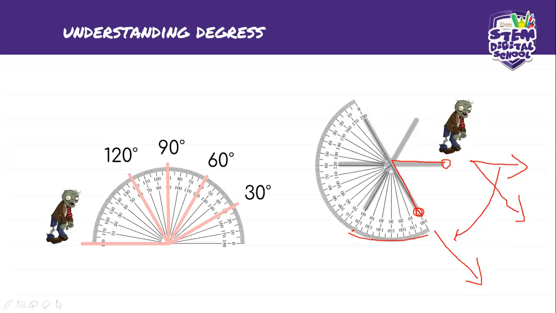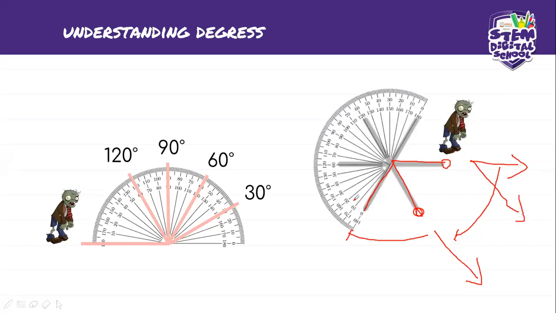Turn 60 degrees, that's over there. Then we're going to hop back to the middle, and we're going to draw a new line. And then this new line we draw has become our new base. Then again, you can see every time we just turn 60 degrees, hop back to the middle, move forward. So that is the way we can make patterns like that, by turning in a certain direction, jumping, and then just moving forward again. So I hope this explains degrees a little bit better to you guys,